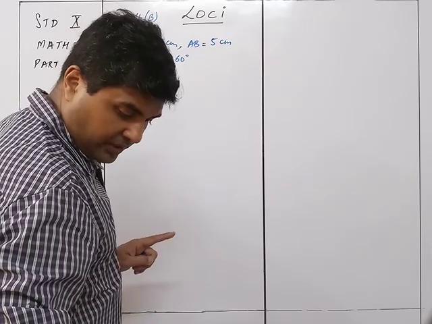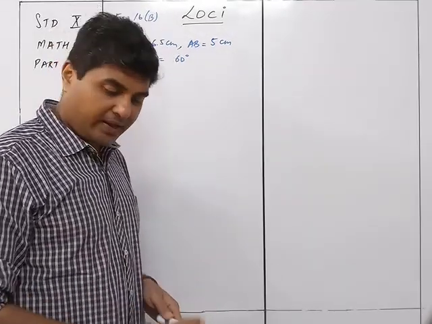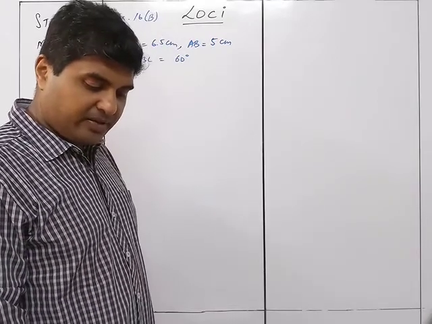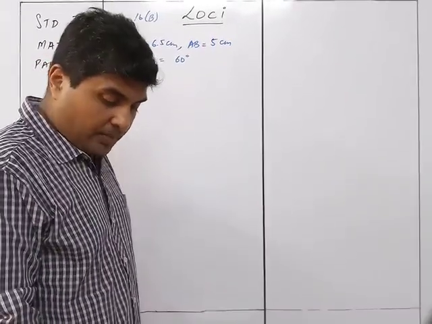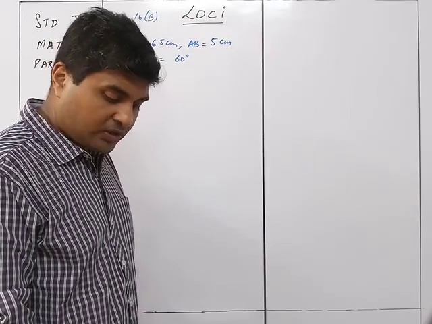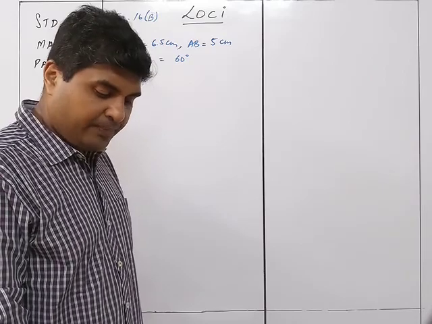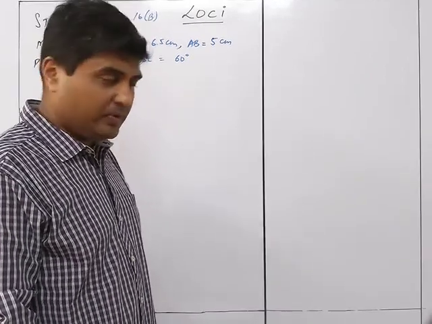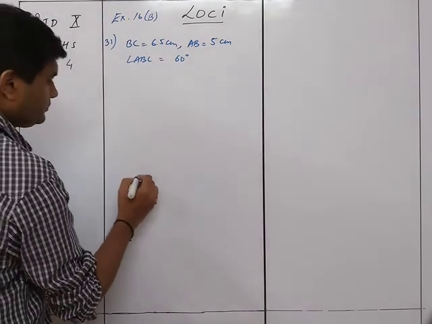Consider locus for DK, construct the locus. I am just reading out the sum so that I know which base to take, whether to take AB as the base or BC as the base. I said I would take BC as the base because it's the bigger one. So I'll just confirm this thing. But construct the locus, so A का problem नहीं है. Consider the locus equidistant from AC and BC. तो BC चाहिए उसके अंदर. So we'll take BC only as the base. Okay. So we'll take BC as the base.